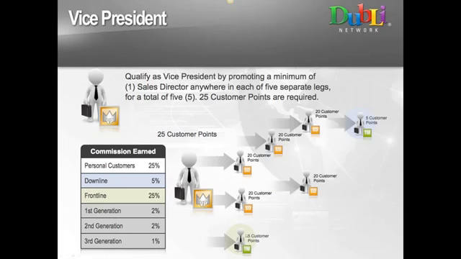But now you're talking about an organization that's got some very, very significant numbers and transactions being generated. And so the vice presidents are making a very, very handsome income. Most of our vice presidents on the international side are running anywhere from 70, 80,000 up to 100, 110, 120,000, and primarily on the business building activity, because as we all know, the customer portion of it has really been coming into its maturity only over the last 5 to 6 months.